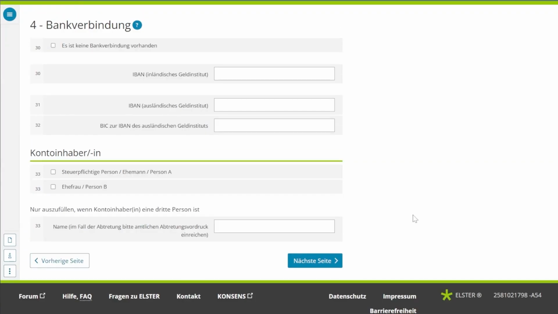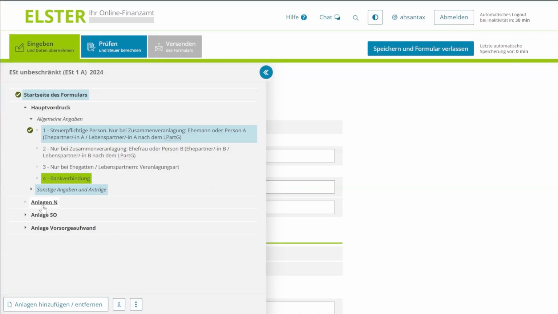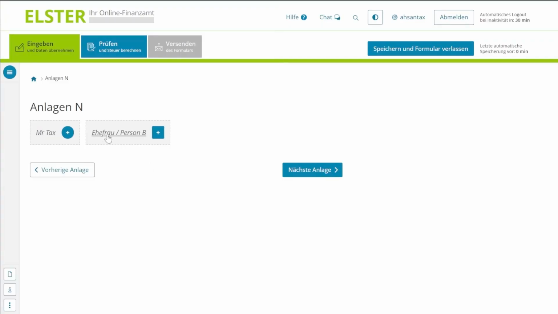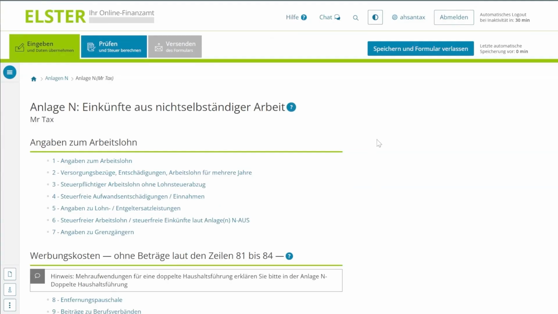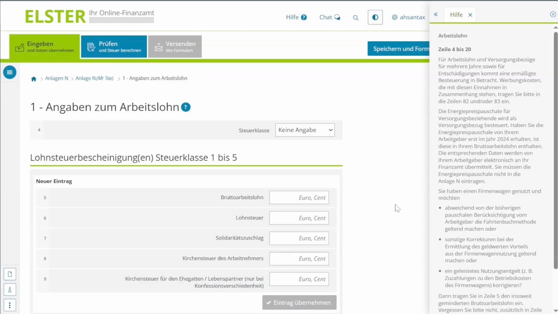After providing the bank details, we are going to go to the Anlage N. Here, as I said, you can add the information of the person who is submitting the tax return and their partner. So go to Mr. Tax, as this is our person, and we are going to fill out the details for Mr. Tax. We are going to need our